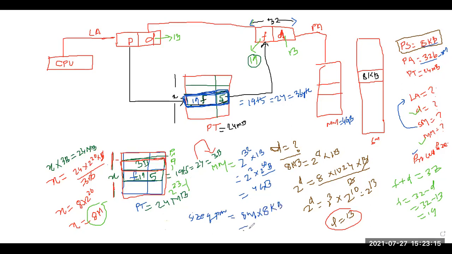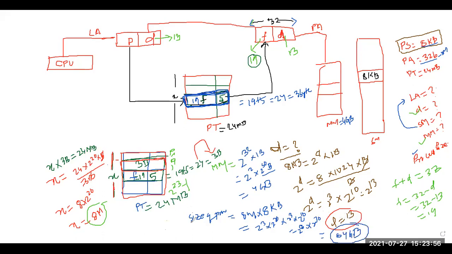So if you multiply this one, it will be something like 2 to the power of 3. Let me break this one. 2 to the power of 20 into 2 to the power of 3 into 2 to the power of 10. So if you multiply this, it will be something, what? Sir, 64 GB. 2 to the power of 6 into 2 to the power of 30. So size of the process is 64 GB. Okay, the process size is 64 GB, which means the process is a very big process.